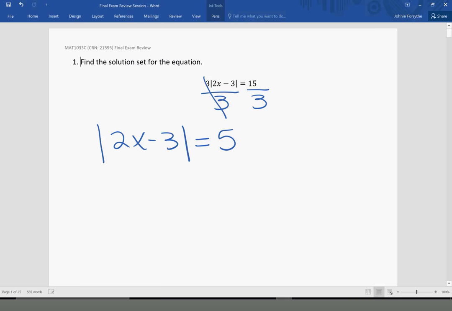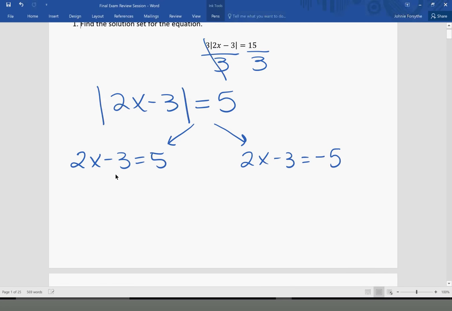So now I'm ready to do my 2 equations for absolute value. The first one, I can drop the absolute value, and the equation is going to be exactly what you see minus the absolute value symbols. The other equation, we're going to write the left side the same, but we're going to negate the right side, or do the opposite of 5, which is negative 5. So now we're going to solve